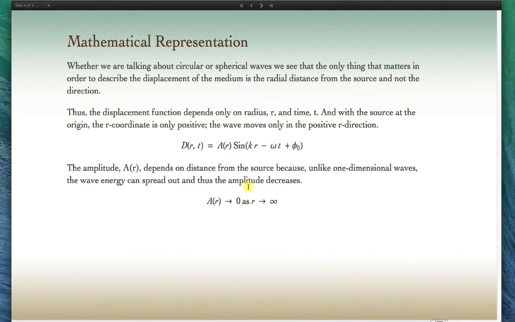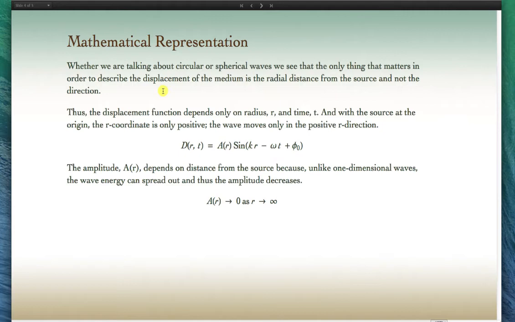So how do we represent this mathematically? Well, again, whether we're talking about spherical or circular waves, the only thing that matters is the radial distance, not direction, but radial distance. How far are we from the center, from the source? The direction that we are doesn't matter, because these things are circular or they're spherical, and we're assuming the source